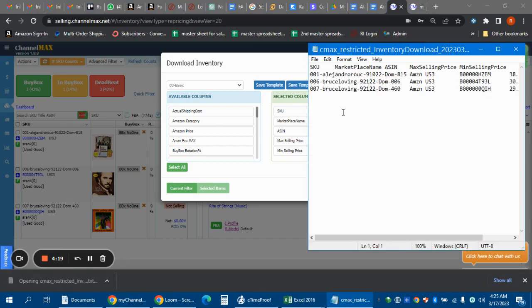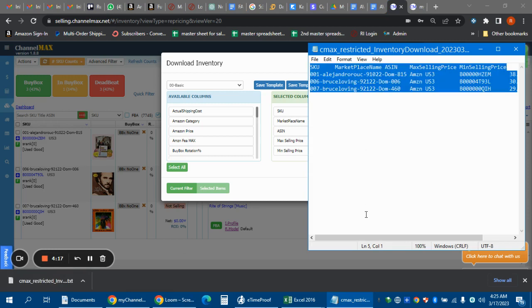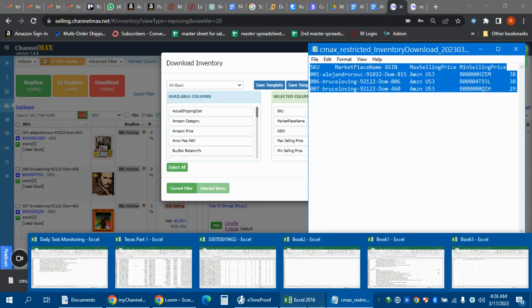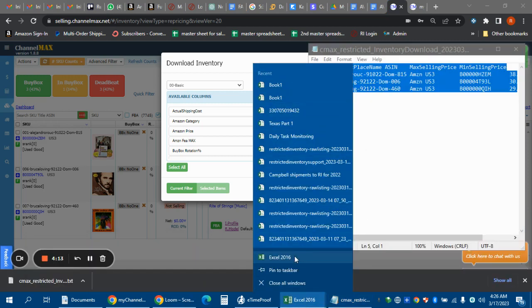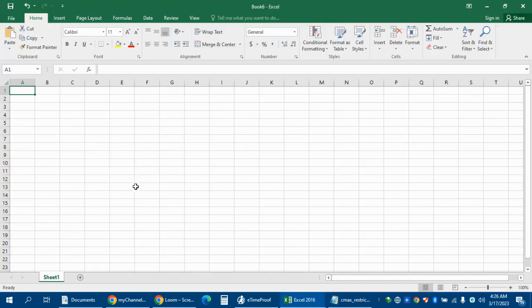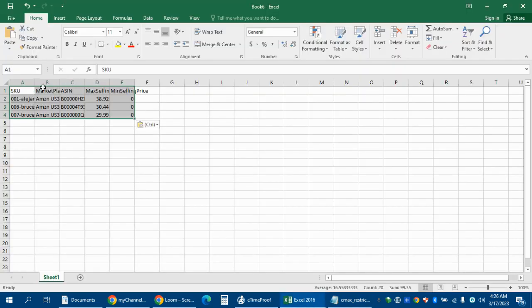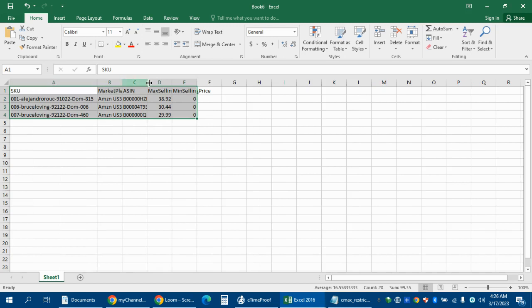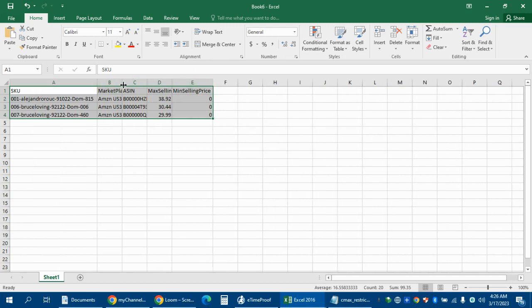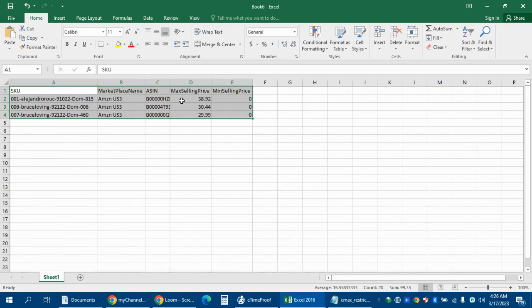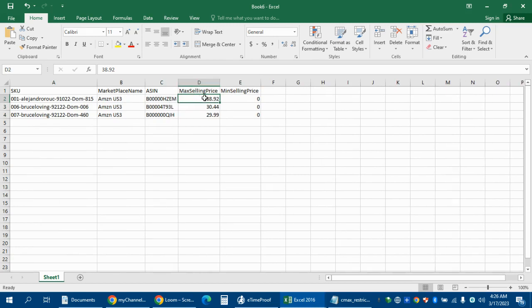Upon downloading the file, copy the data and then open a spreadsheet. Paste the data, and you will notice here that you already have a maximum selling price.